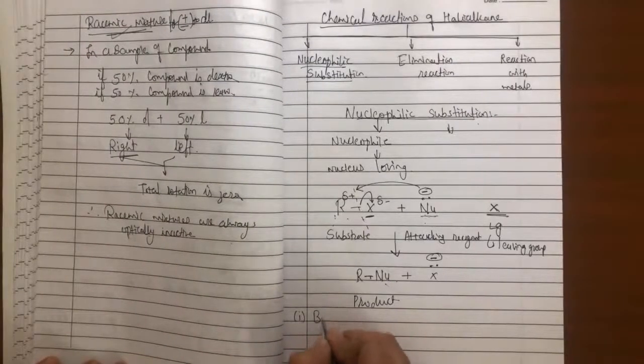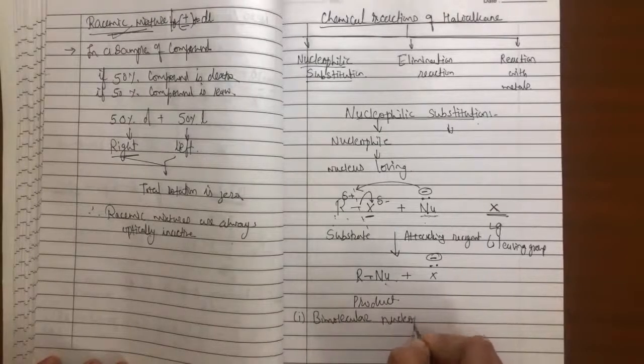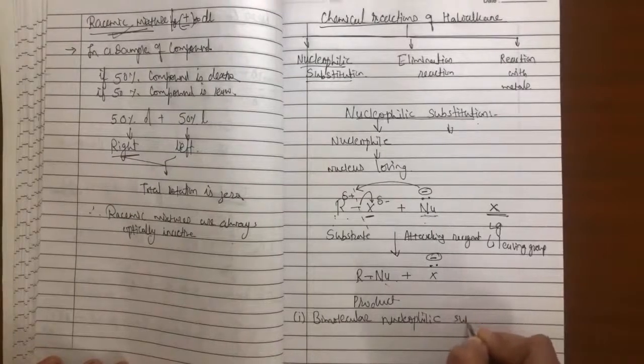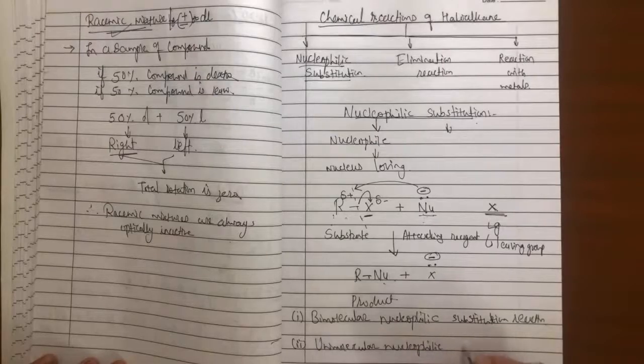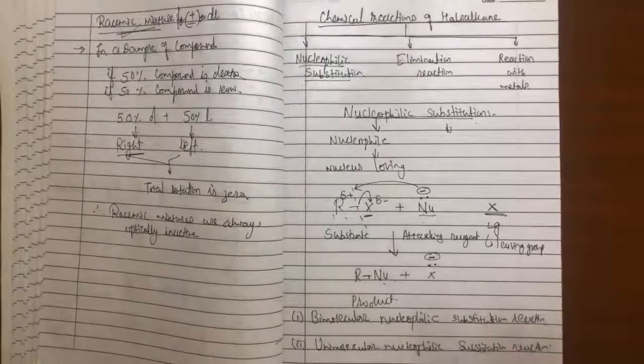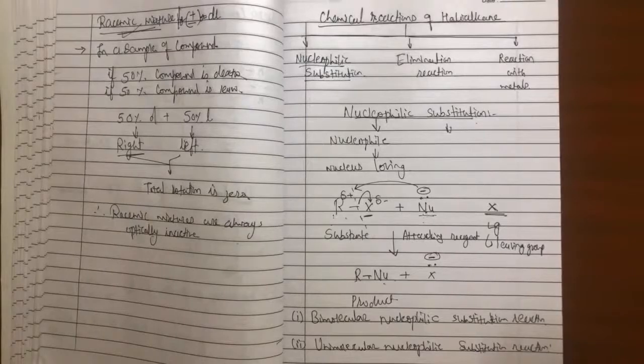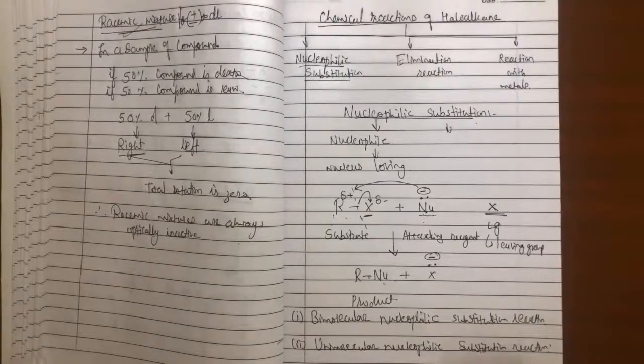One is bimolecular nucleophilic substitution reaction, and another one is unimolecular nucleophilic substitution reaction. Now see here, when we study these two in detail, we need your knowledge regarding this